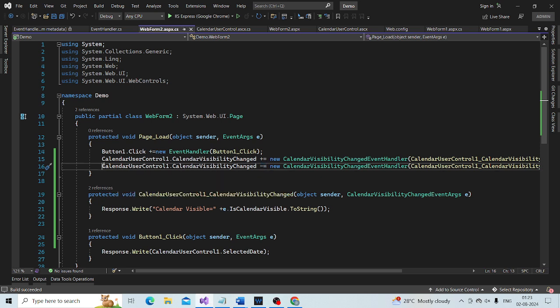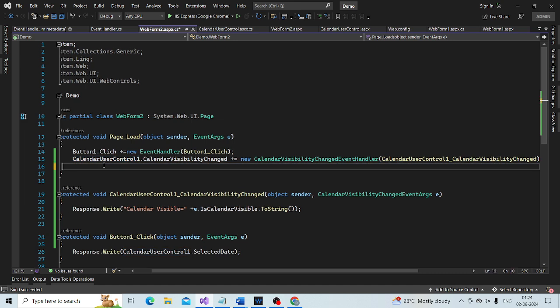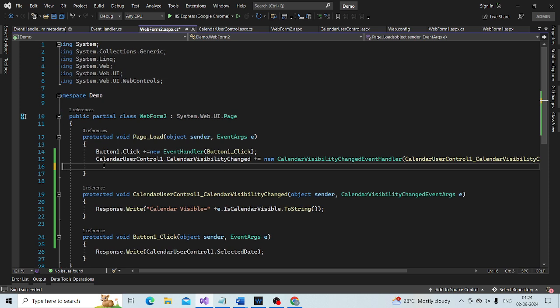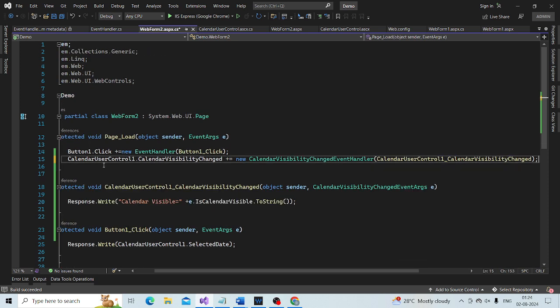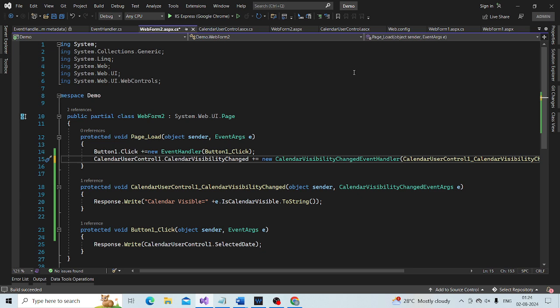So we are doing the registration within the page load event, and the page load event happens before the actual calendar visibility change event is raised.